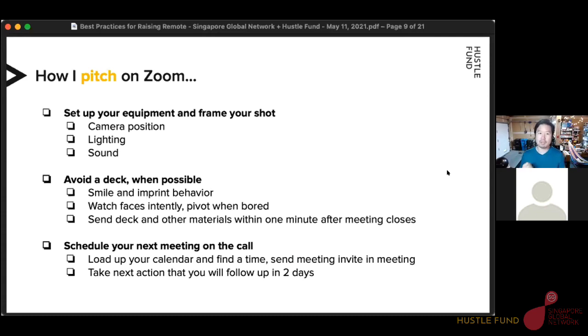Instead, I want to deliver my pitch always just like this into the screen, pretend there are no slides running right now. And this allows me to do those kinds of micro pivots. So let's talk about this. If I notice that Chen Wei is starting to nod her head when I talk about how this is why Hustle Fund wants to invest much more into Singapore, and I'm starting to see these cues, people have very terrible poker faces, by the way, and I'm seeing that, then I can start to dig in a little bit more deeply.